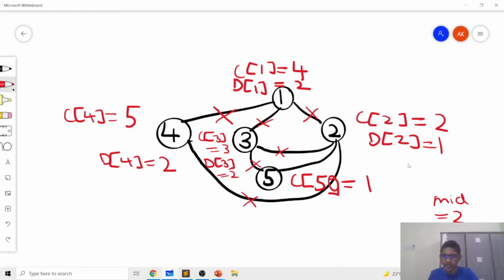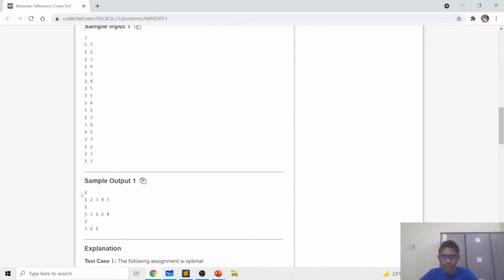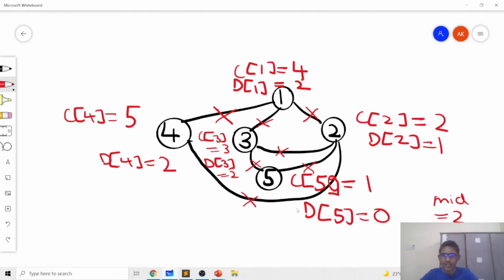So c of 5 will be 1 and d of 5 will be 0 because there are no neighbors which get a value less than 5. And that's why we are ensuring that the maximum possible number of neighbors is less than or equal to 2. So we are going to return true and we are also going to maintain this arrangement.